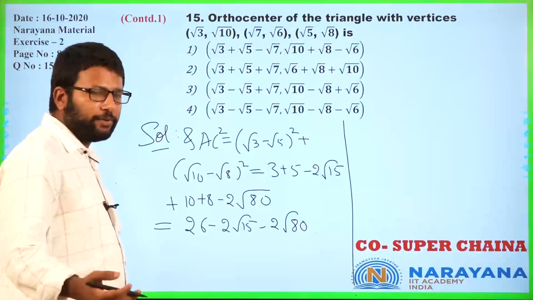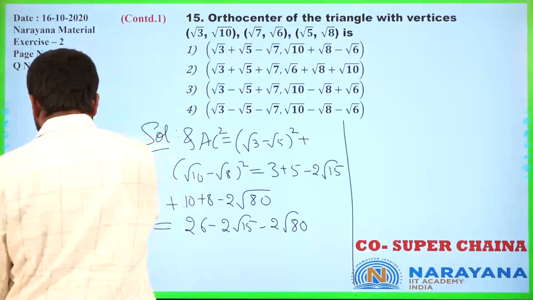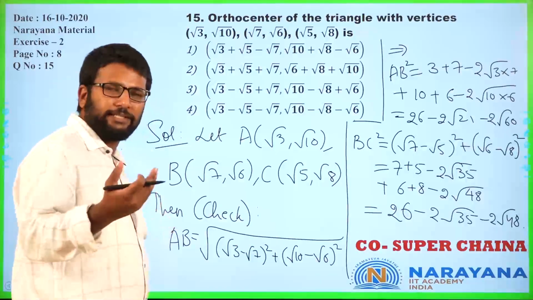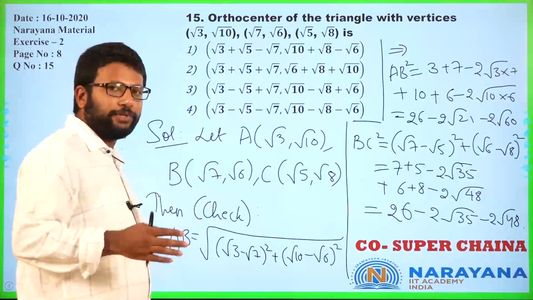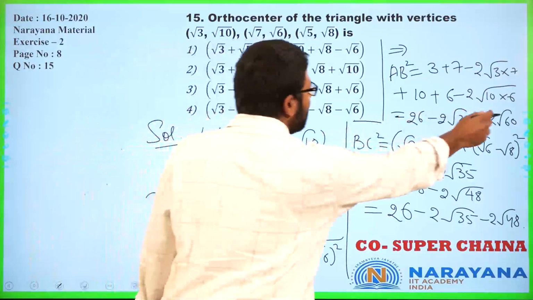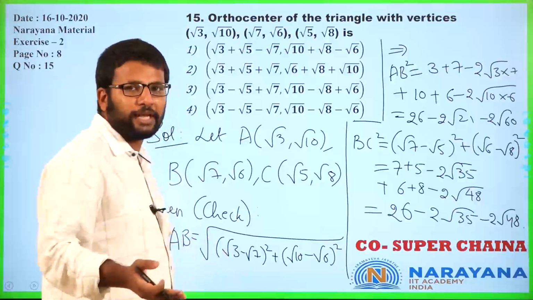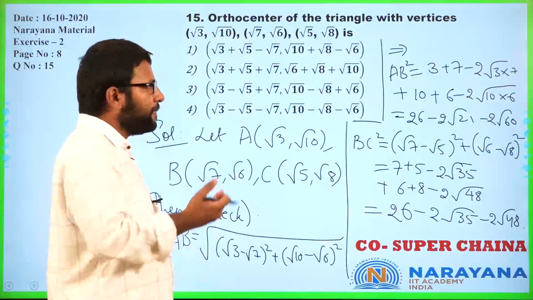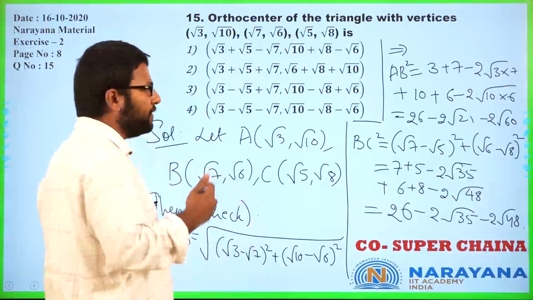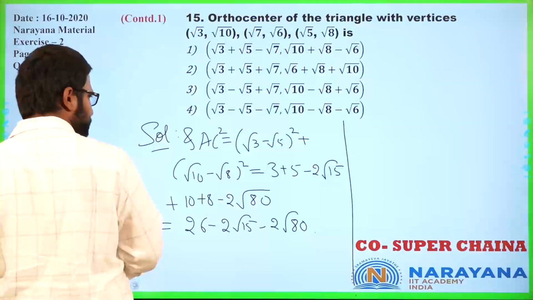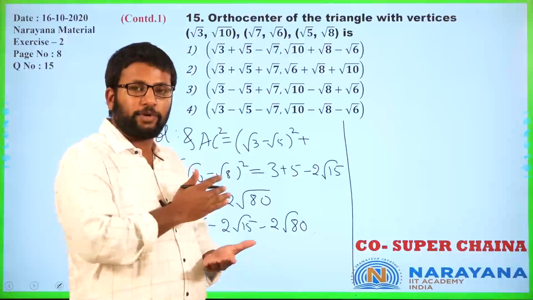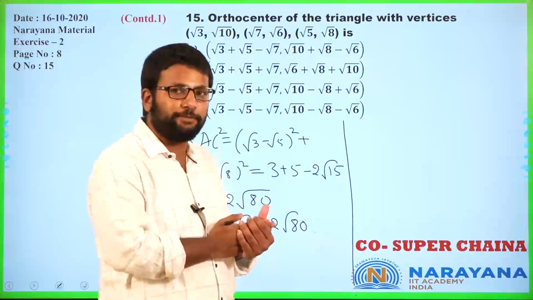So it should be pretty clear to you that the sides are definitely not equal. It's not an equilateral triangle. No two sides are equal, so it's not isosceles. Also, the surds, the square root parts, even if you add them, nothing is going to get cancelled or subtracted. Which means AB square plus BC square cannot be AC square, so it's not a right angle triangle either. Now it looks like we have wasted time, but we have not. It's always good to check what kind of triangle is being made.